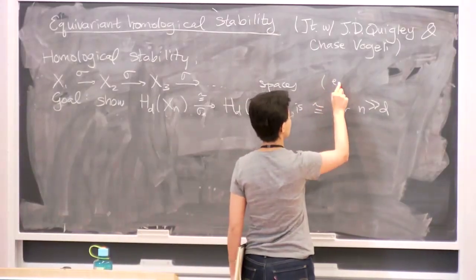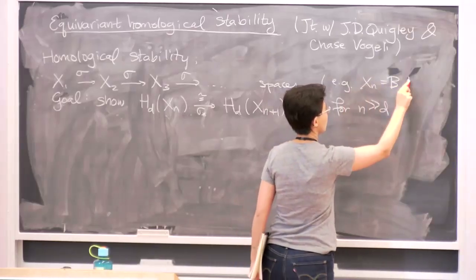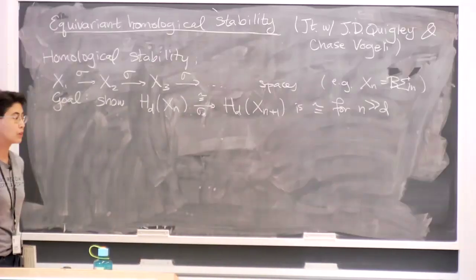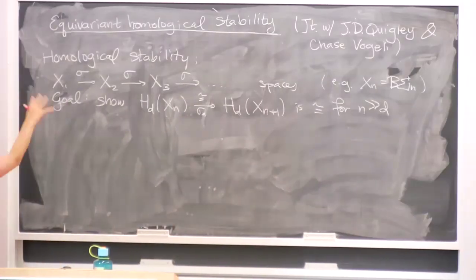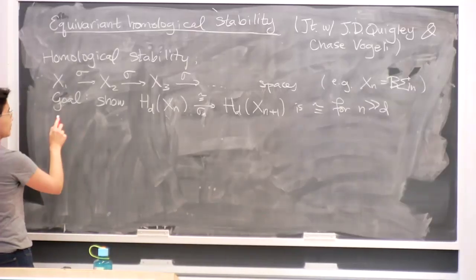There are lots and lots of examples in the literature of various kinds of sequences of spaces. An example might be X_n is B Sigma_n. Those satisfy homological stability. That's a theorem of Nakaoka. But there's a whole bunch of results that vaguely have this framework. So given that context,